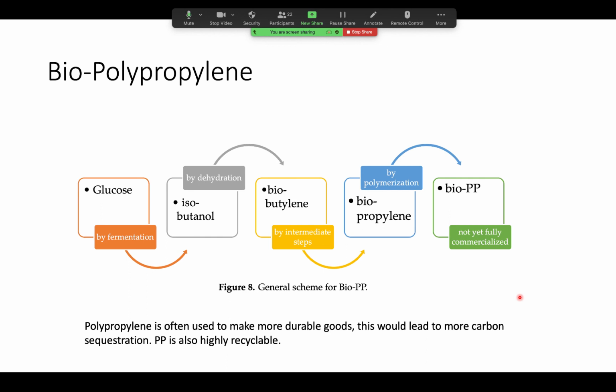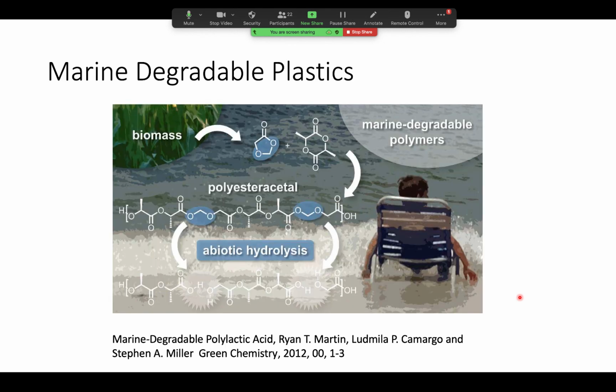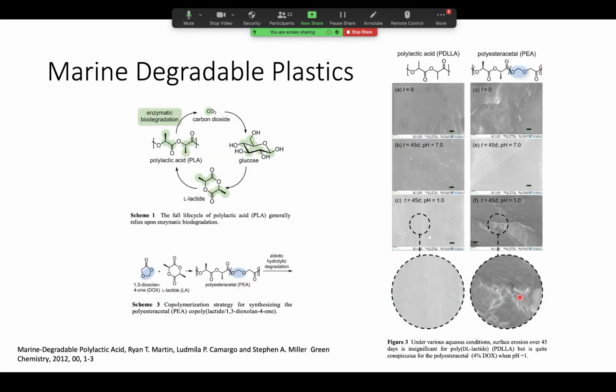But then I got curious. I'm like, well, what's next? Where are we going? What does the future look like? And where is innovation happening? And so we talked a little bit about the marine degradable plastics, right? And how some are marine degradable, but the challenge of having the oceans filled with plastic is really a problem. So there was a paper from 2012 that started addressing this and developed a new marine degradable polymer, or marine degradable polylactic acid. So if we look here at the